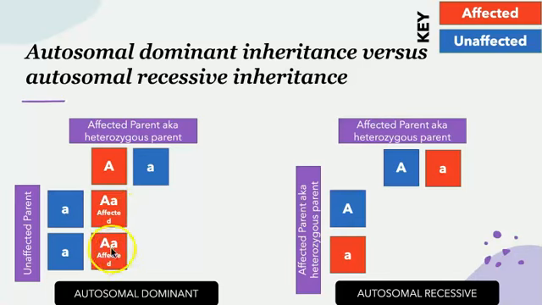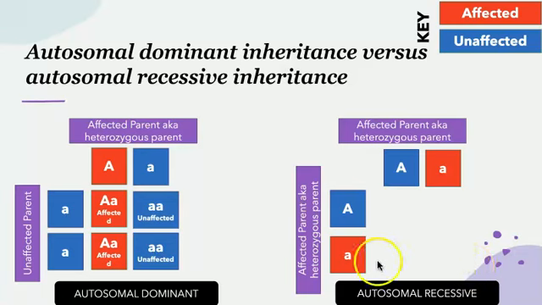And same thing down here, we get another affected because we brought this A down here and the little a over here. Now when we do it over here, we see two lowercase letters, so they're recessive and unaffected. And lastly, if we were to draw this down and draw this across, we would also get a double lowercase, meaning they are recessive and unaffected. So this is, again, an autosomal dominant inheritance,